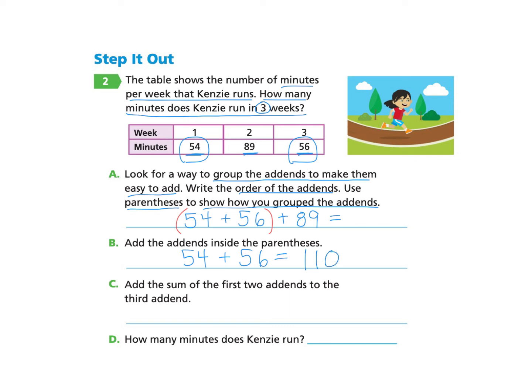Now part C asks us to add the sum of the first 2 addends to the third addend. So we're taking the 110 that we had, the sum from the first 2 addends, and now we're going to add it to the third addend, which is 89. So we're going to add 89. You might wish to solve this mentally without paper and pencil, and that's great. Otherwise, you can always use paper and pencil and solve this problem and come back. You will find that the answer is